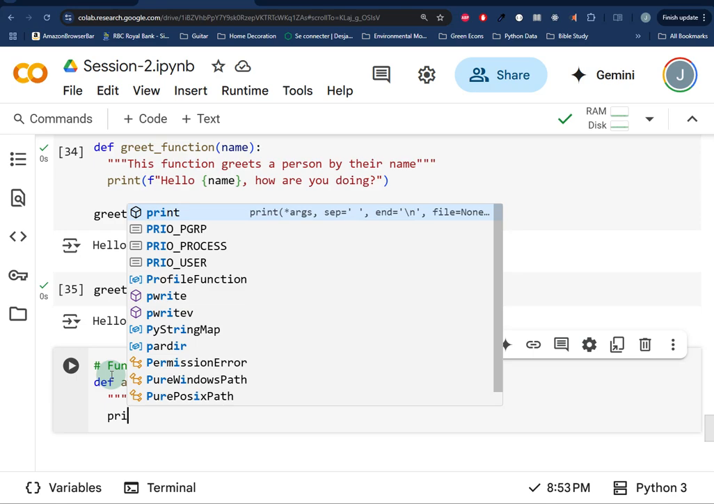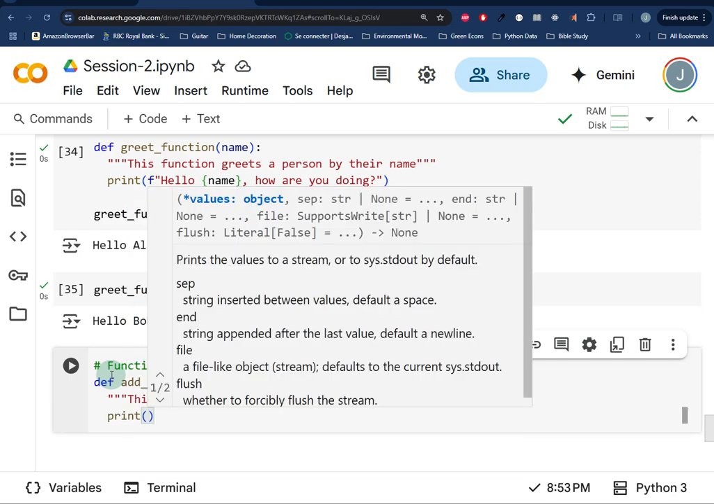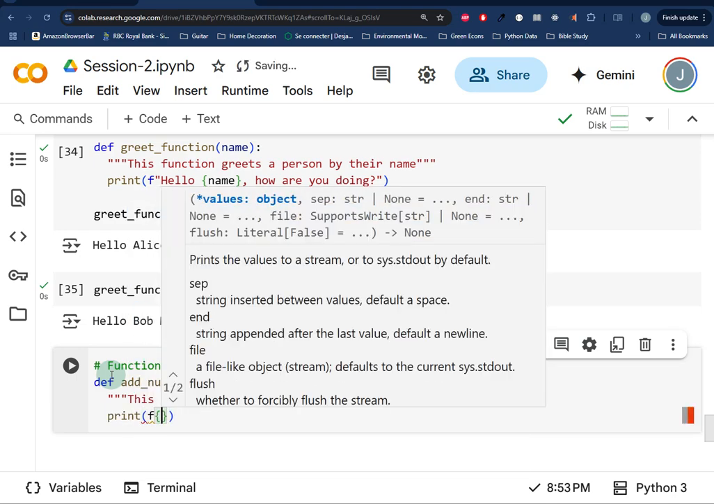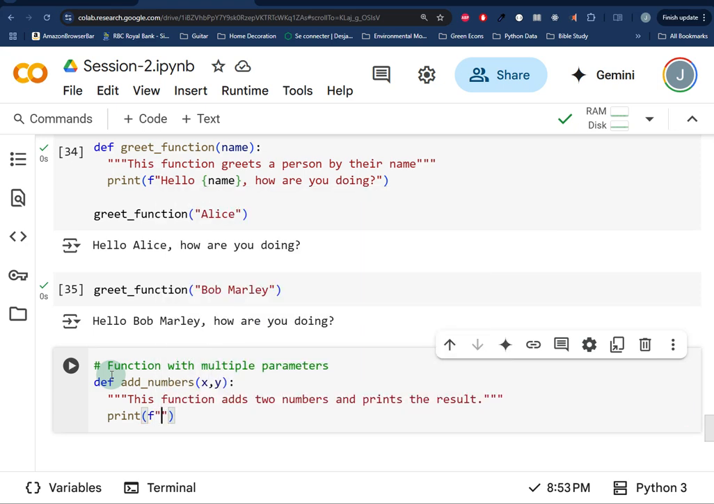So we will use the print function, and of course f, so we'll say the sum of {x} and {y} is